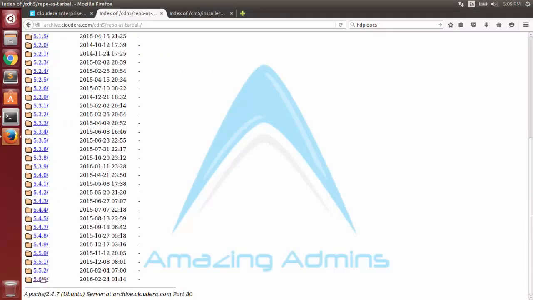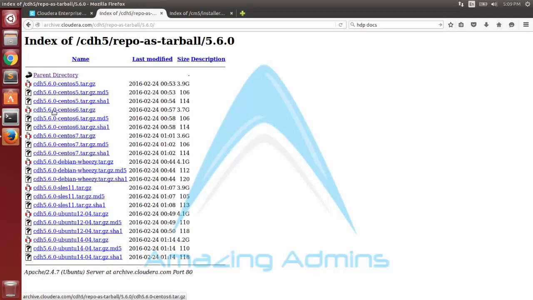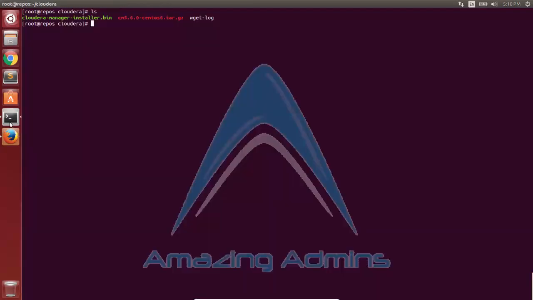Now I'll go and download the CDH repository. For CDH 5.6, I'll go for CentOS 6 again here because I have CentOS 6 installed on my node. So I copy the link location. I use wget -b for background again because it's a big file, and I'll start. Here, if I close the terminal, it won't stop.